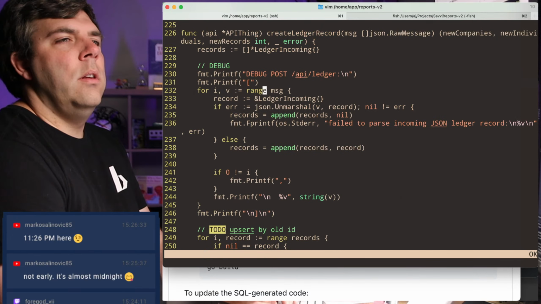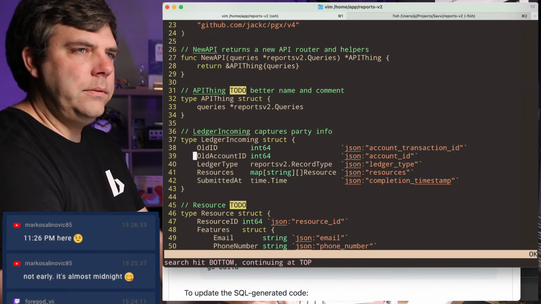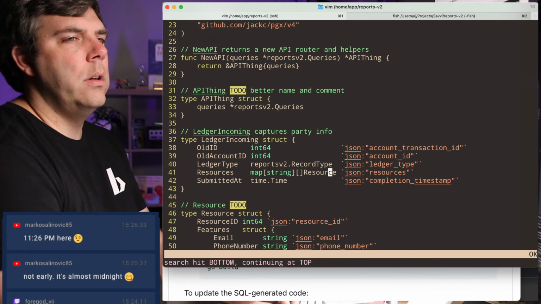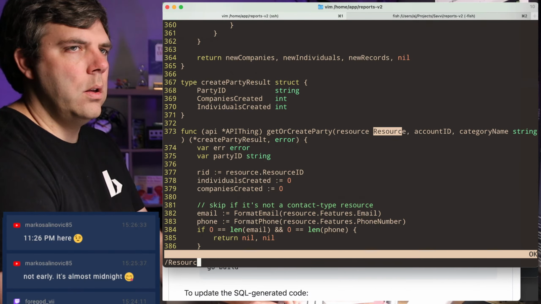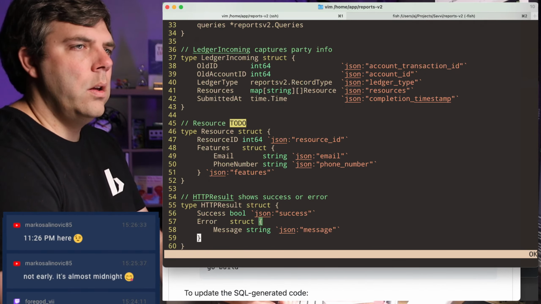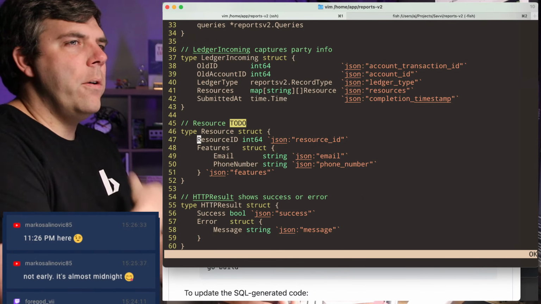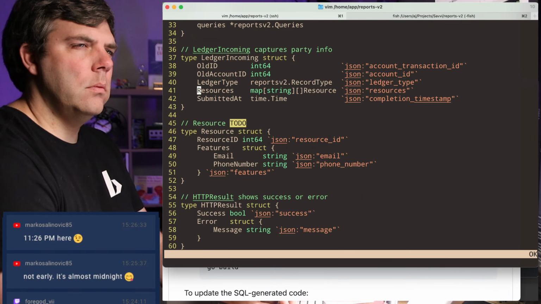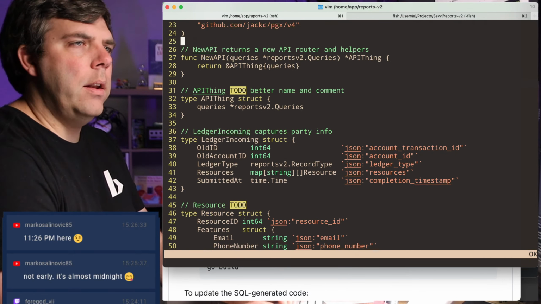Okay, what did I want to do with this? Let me go check ledger incoming again real quick. Okay, we got resources. And then I think resources is basically... That doesn't seem quite right.